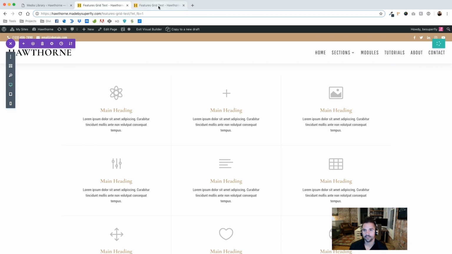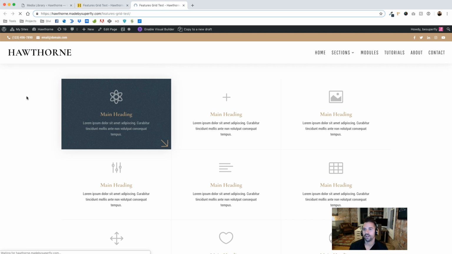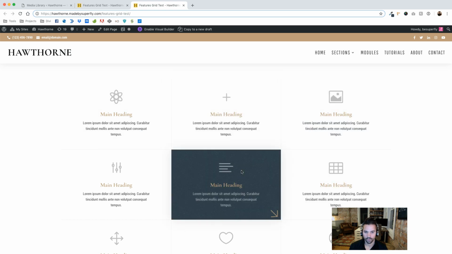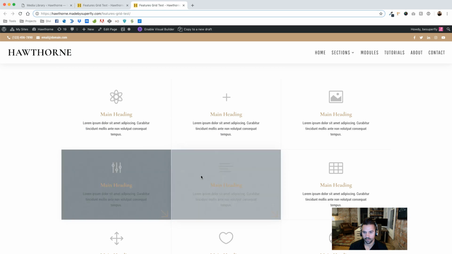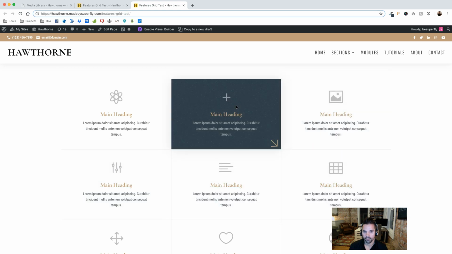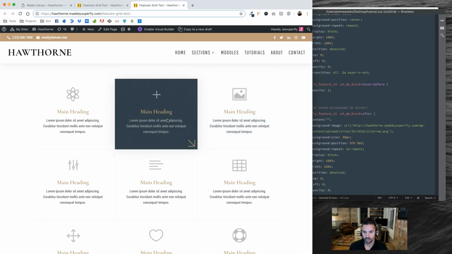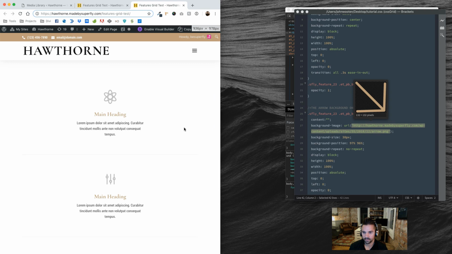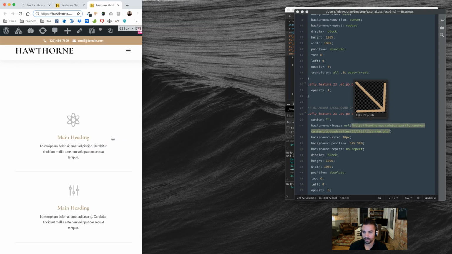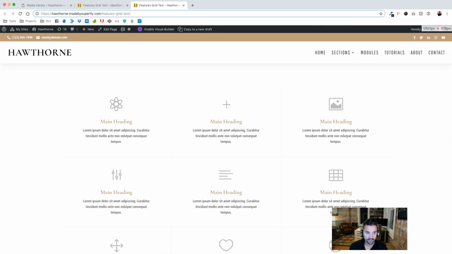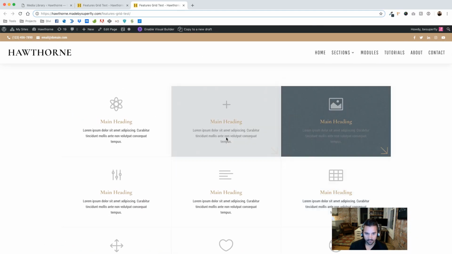Save this. Refresh. Ta-da! Okay, great. And let me see what happens on, okay, so it's still kind of holding position. Cool. And even way down here, it's going to hold position. Great. Okay, so the thing I want to do now, or lastly, is try to make it seem like that